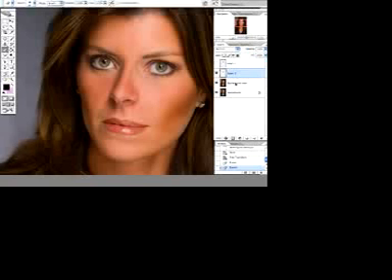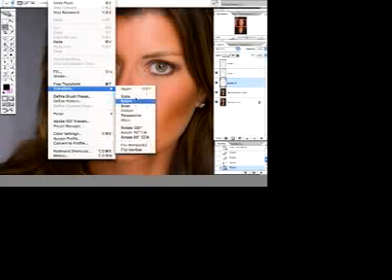Alright? We're gonna work on the lips now. Lips are really fun, and as long as you have a high resolution photo, the quality won't get too messed up. Now what you're gonna do is you're gonna do the same thing. You're gonna pick a bigger part of the upper lip. You're gonna copy and paste it. Now you can either use scale or warp, it's up to you, or